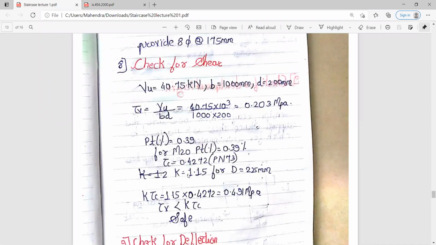And for K, again you need to calculate. For D आपको पता है D is 225 mm, and what is K? K is nothing but the factor depending on the overall depth of the slab.